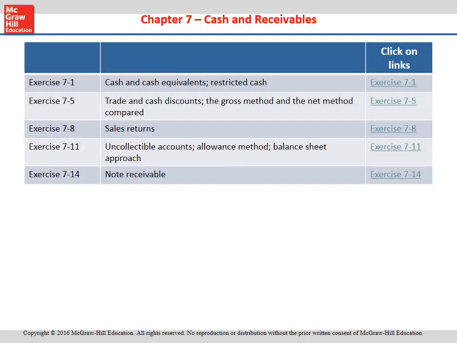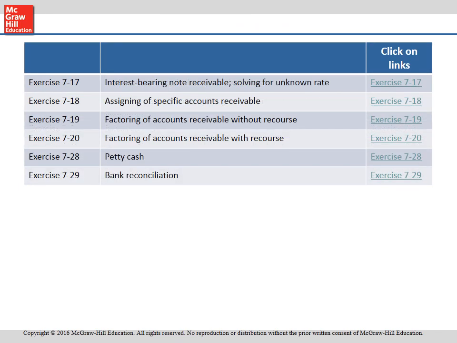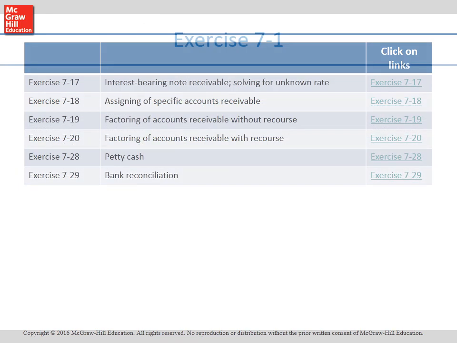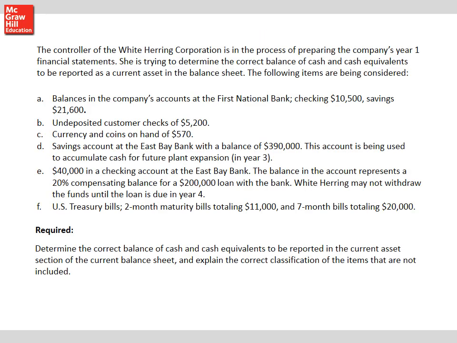In Chapter 7, we are looking at cash and receivables. So we are going to be looking at a numerous amount of exercises related to these two areas. Let's get started. In exercise 7.1, the controller of White Herring Corp is in the process of preparing the company's Year 1